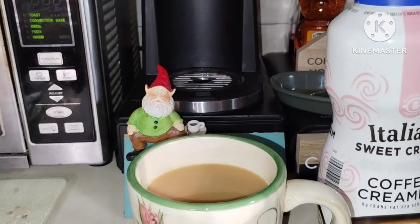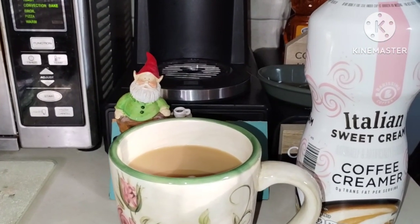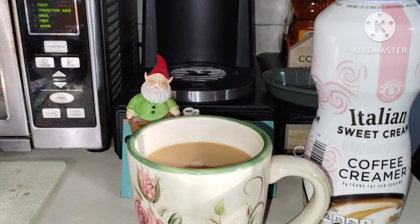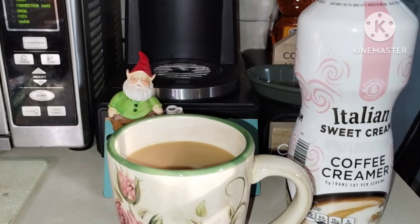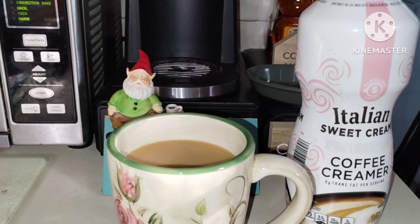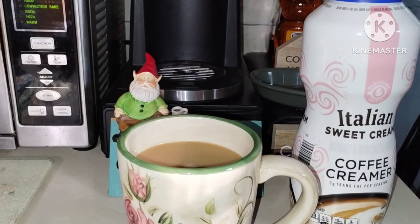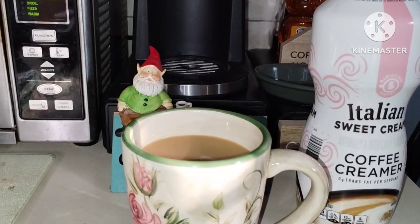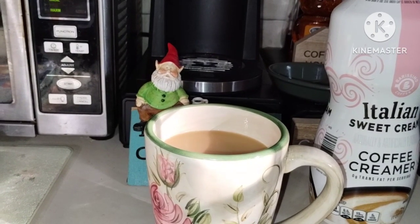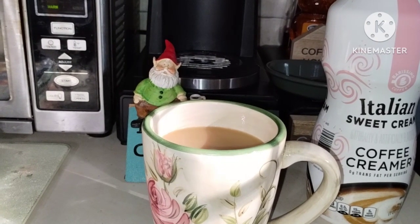Yep, I'm liking this chocolate coffee. But I'm looking forward to getting back to my chocolate creamer. So I might try making some nice cream out of this Italian sweet cream too. That and combine it with whipped cream. I did that a day last week and it turned out really good. The problem with making the nice cream like that, though, is you have to eat it right away, and anything left over gets hard as a rock. But if you let it sit out for a while,